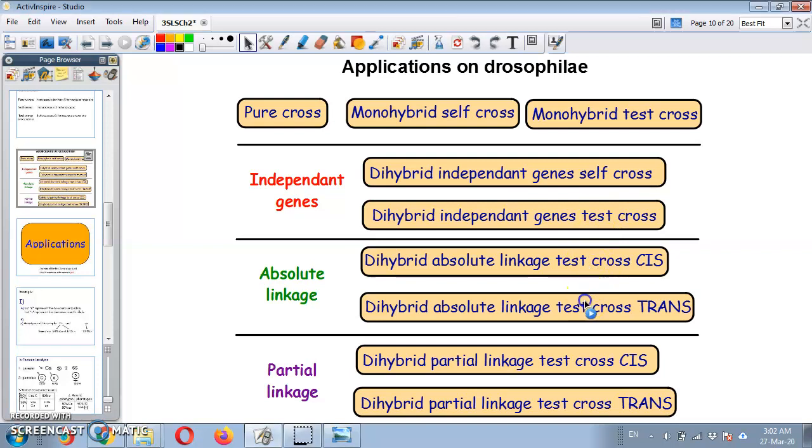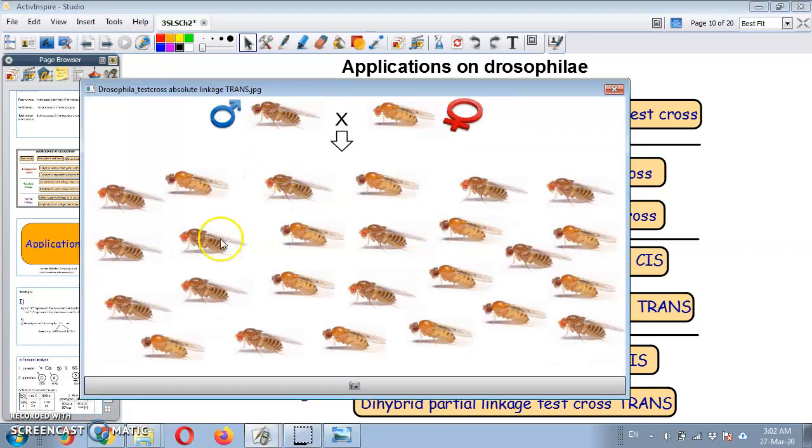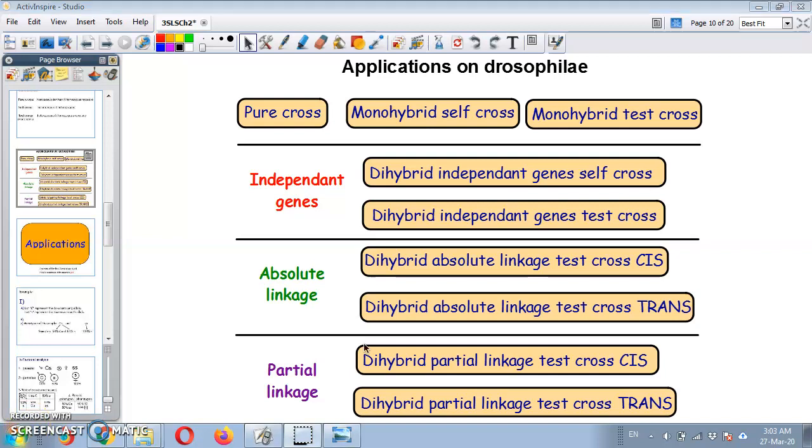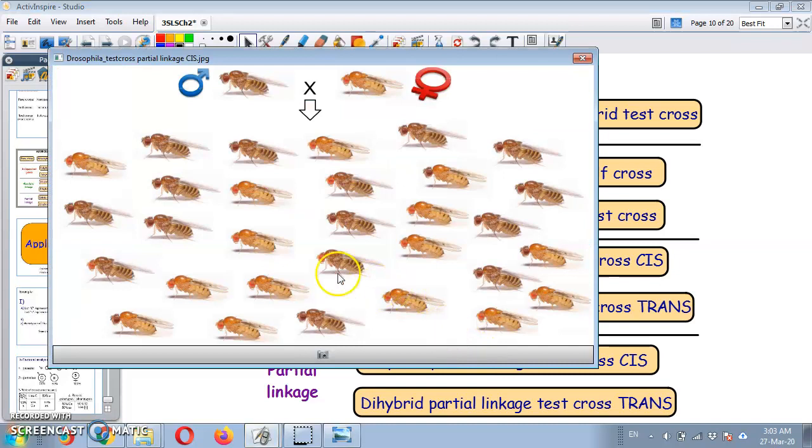However, the trans case of absolute linkage will give different results, which are 50-50, also as usual for all test crosses, but the one dominant allele is linked to a recessive one, and the recessive allele for eyes is linked to the dominant one for the body. Okay. As for the case of partial linkage, in cis position, most of the Drosophilas will be